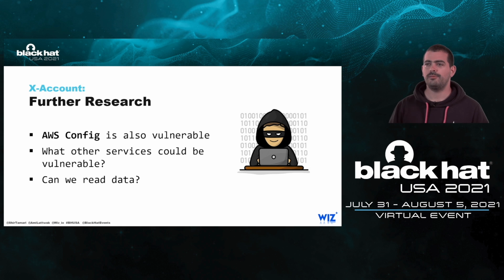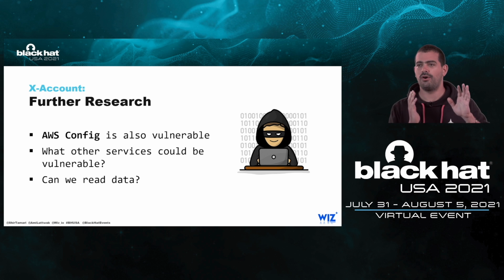We discovered that AWS Config, just like Cloudtrail, can export findings to an S3 bucket. AWS Config is a service that allows customers to assess and evaluate the configuration of their cloud resources, and just like Cloudtrail, it also writes the configuration findings to an S3 bucket, with a path that can be changed with the prefix field. The same vulnerability we found in Cloudtrail also worked for us in AWS Config, and allowed us to write service findings to buckets owned by other users.